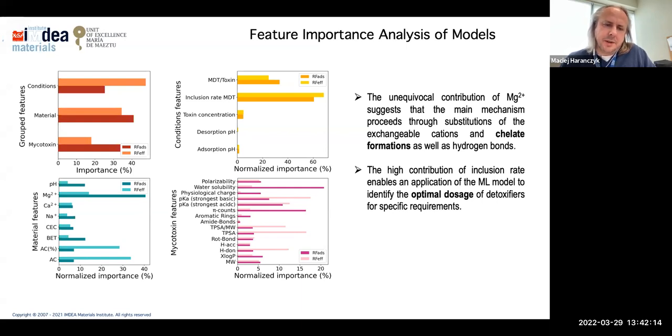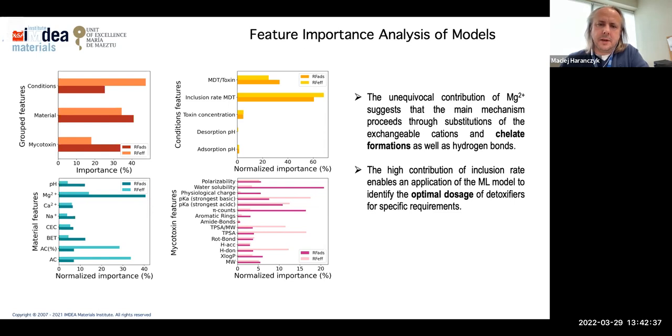From material features, we see that clays that have high magnesium content tend to work better. And in the case of features important for mycotoxin, this is quite a mixture of features, but water solubility seems to be important.